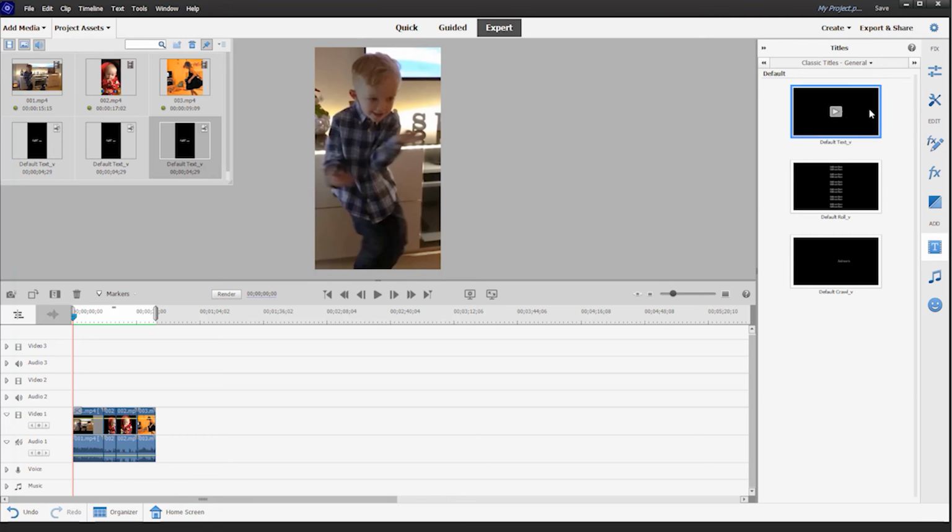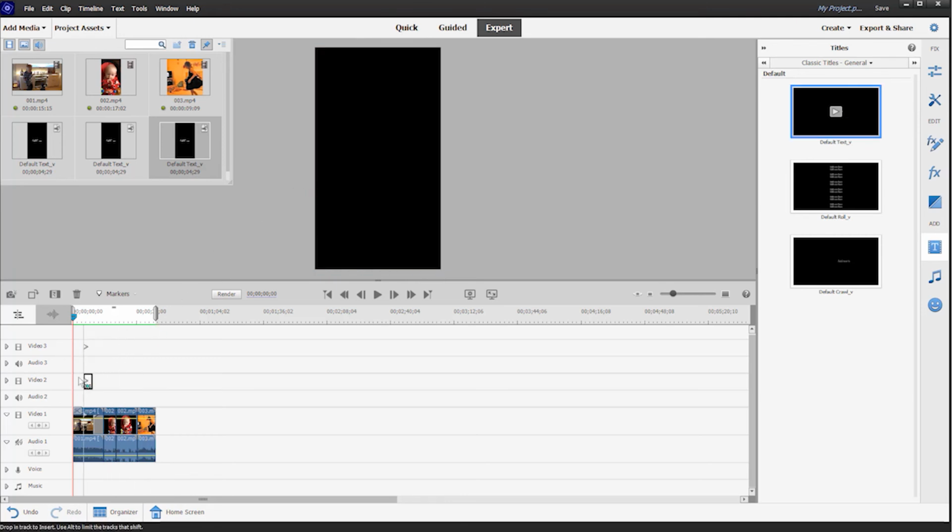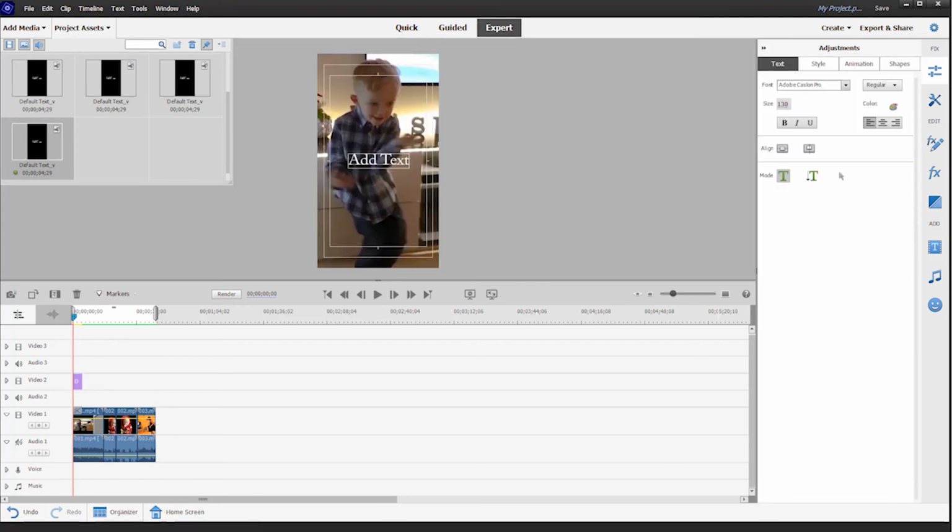So I'm going to drag this to video 2. And as you can see, it automatically sizes to the aspect ratio which we selected, 9:16, at the start of the new project. And this also applies to motion titles and to graphics. So that's another new feature in Premiere Elements